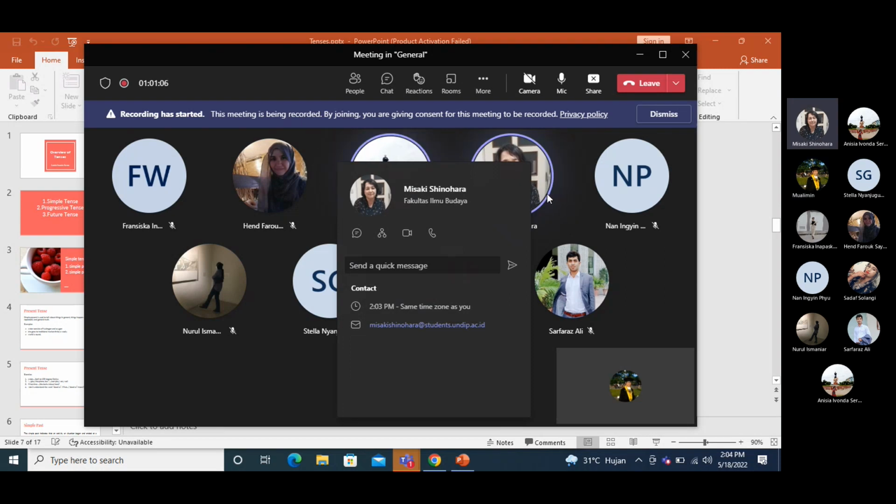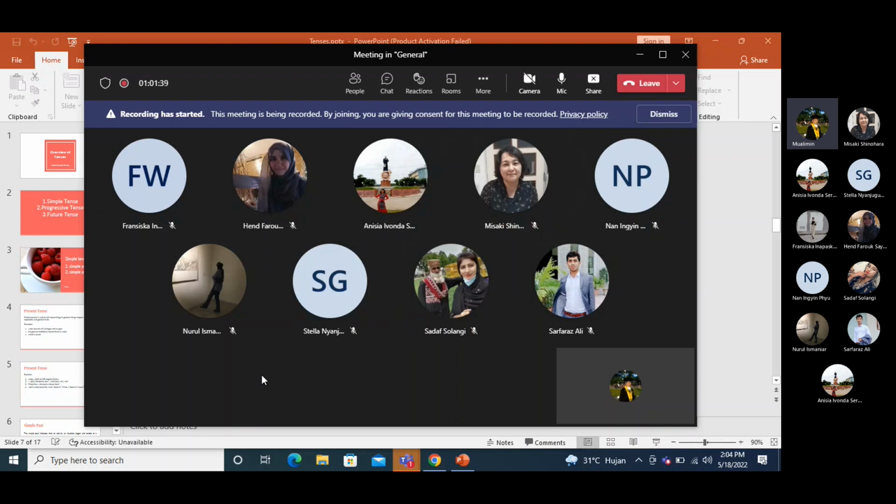Because for children, usually we have to have ice breaking because they cannot concentrate directly. So for children, use ice breaking, just play first with the words, then after that, start the class. But if 25 and above, it's already adult, so I think it's okay. Okay, thank you, Bu Misaki. Another suggestion from the others?